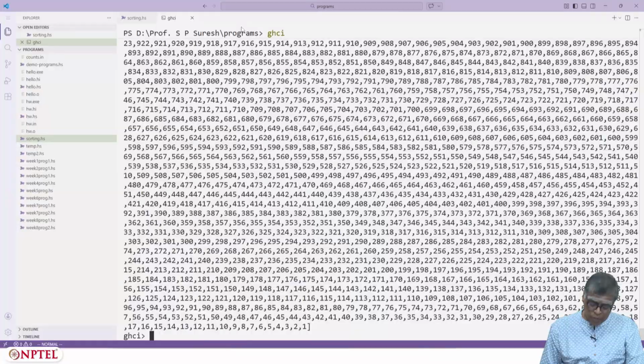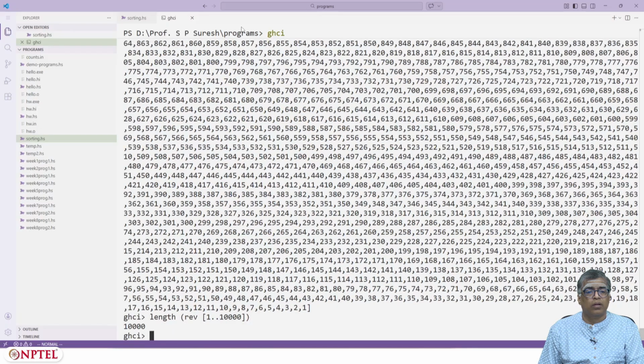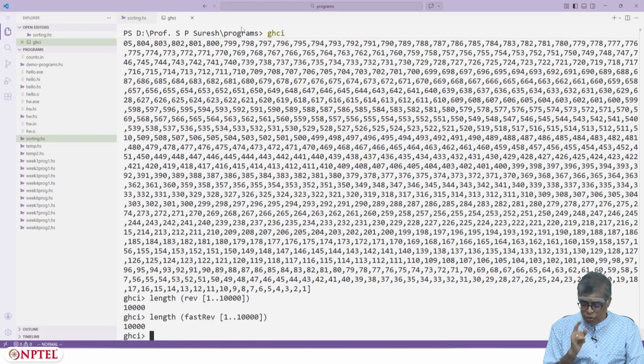You can actually feel that this is much faster, but maybe one should try length of rev of 1 dot dot. Yeah, this was much quicker.